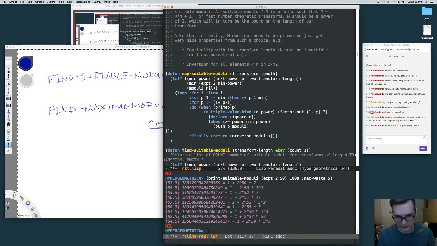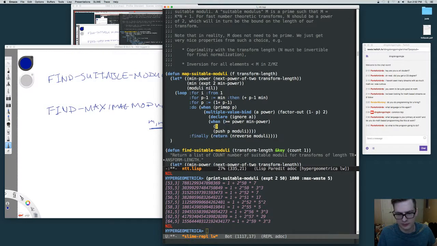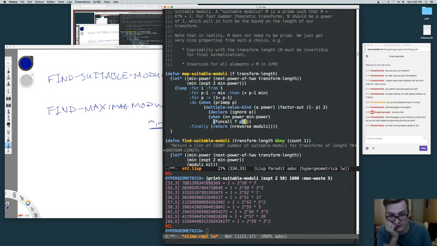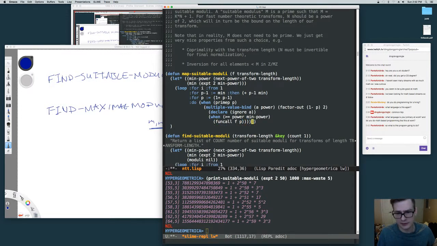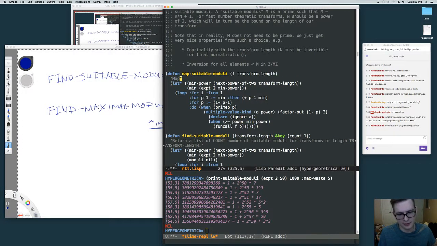We don't do anything with count here. And we're pushing p onto this modulus, so we call our function f on p. We now no longer maintain a list of moduli, so we can do away with that, and then we never actually return. Map the function f across